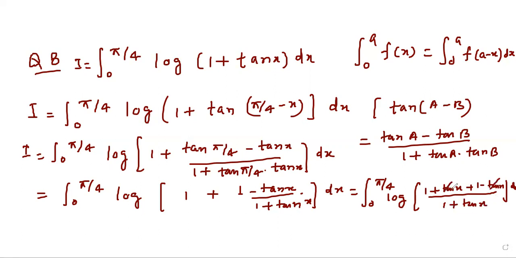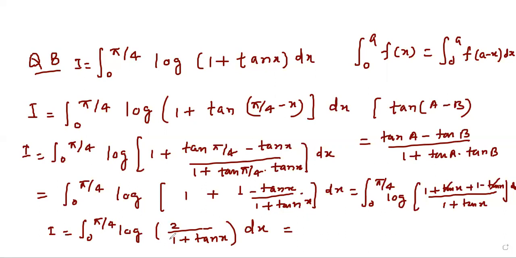Here tan x will cancel out, so I equals integral 0 to pi by 4 log of 2 upon (1 plus tan x) dx. We can apply the property of log, that log m upon n becomes log m minus log n. So it will become I equal to integral 0 to pi by 4